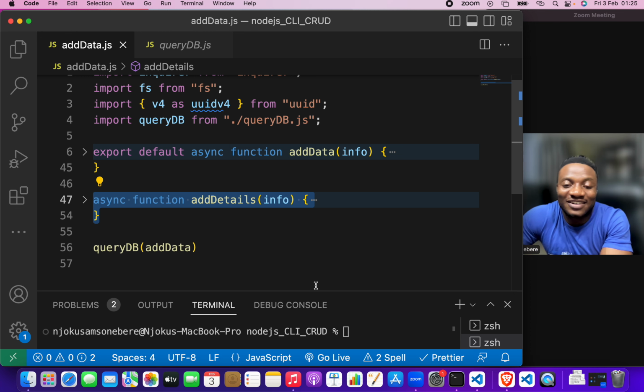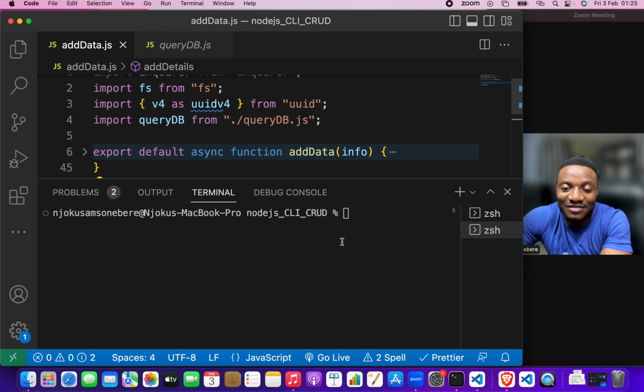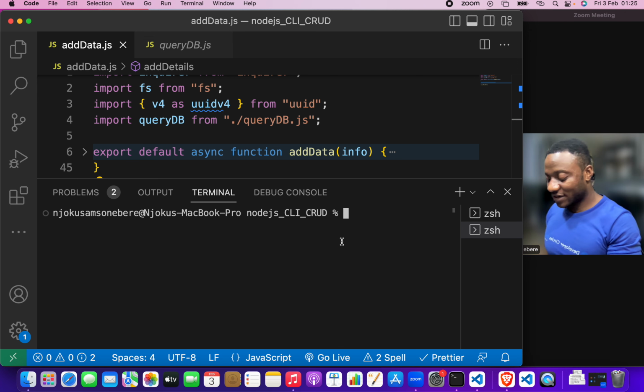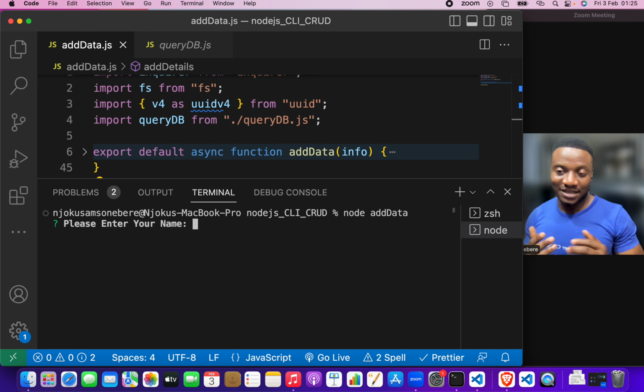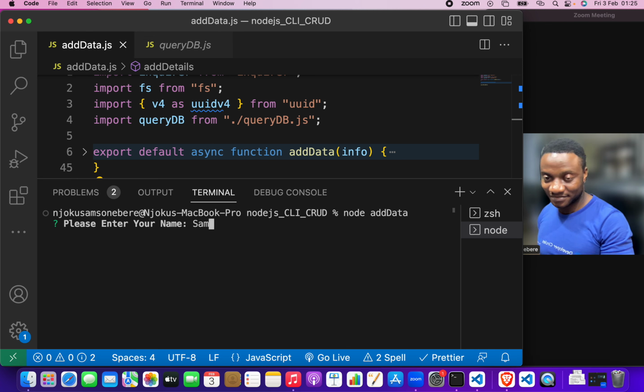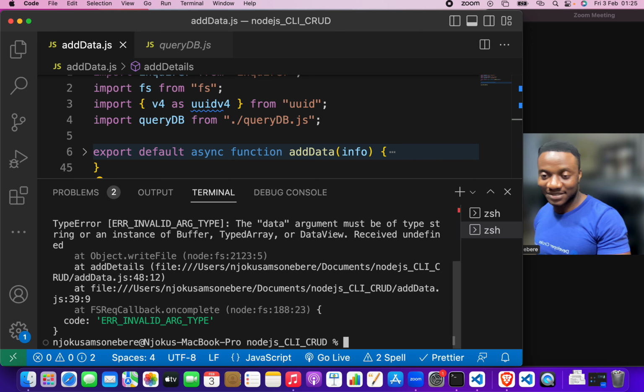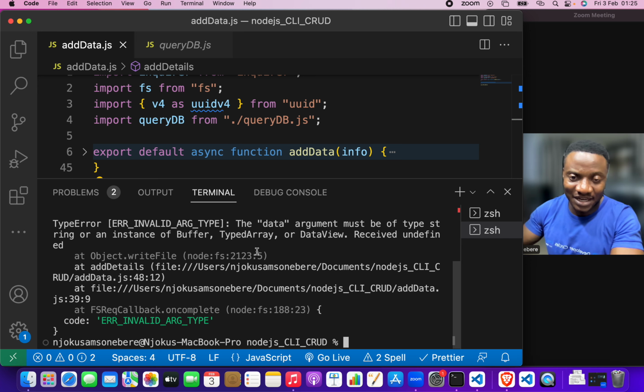So the time has now arrived for us to test what we have done and see if it is working fine. So node addData, hit enter, and it says enter your name. That's beautiful. So put Samson, or Sam is just fine. Let's put some number there, and then yeah, Samson is an adult. Whoop,